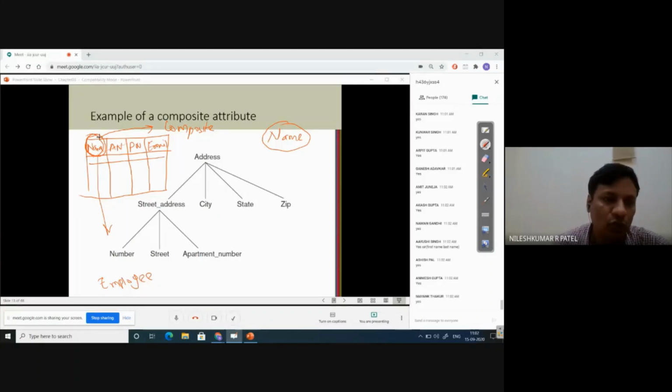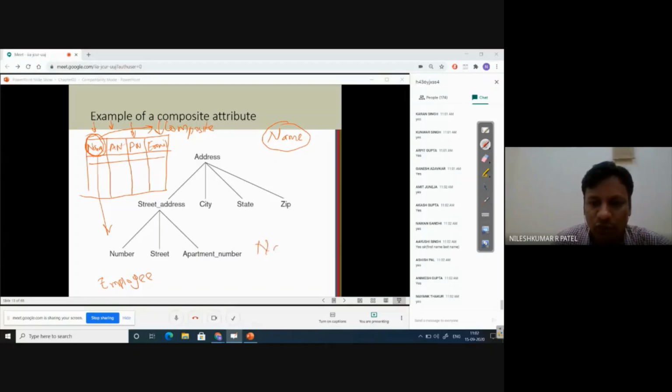You want to create attributes called name, Aadhaar number of employee, phone number of employee, and email ID, maybe department number and department name and everything. So there is one field called name.